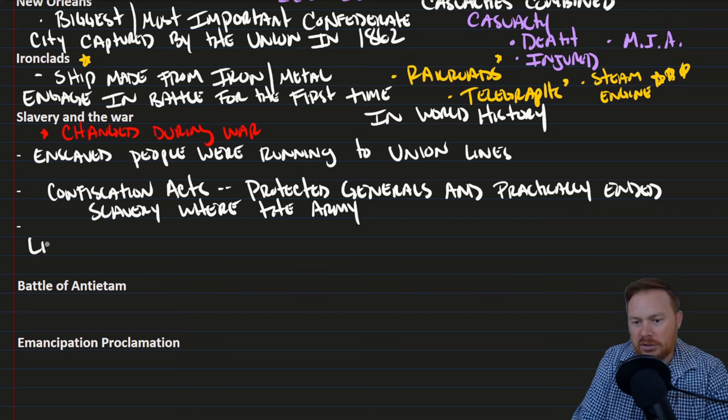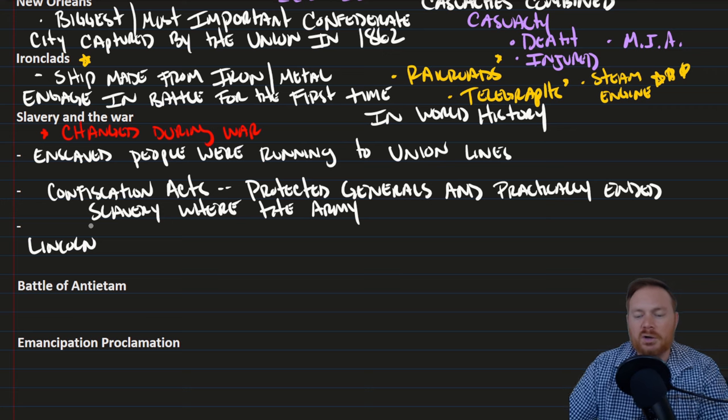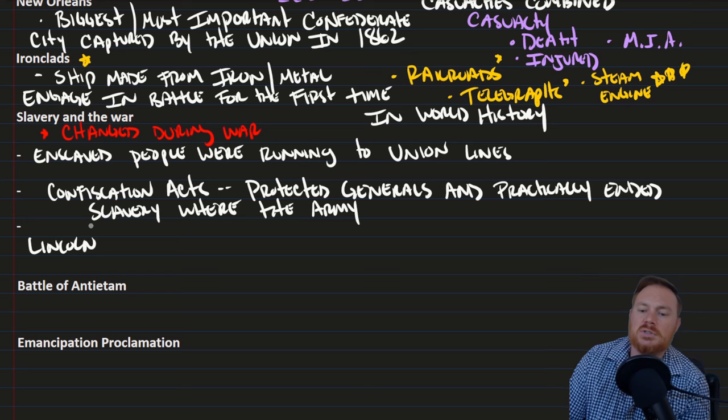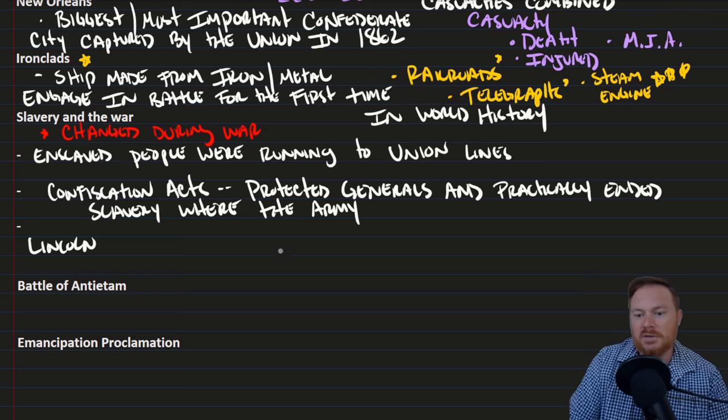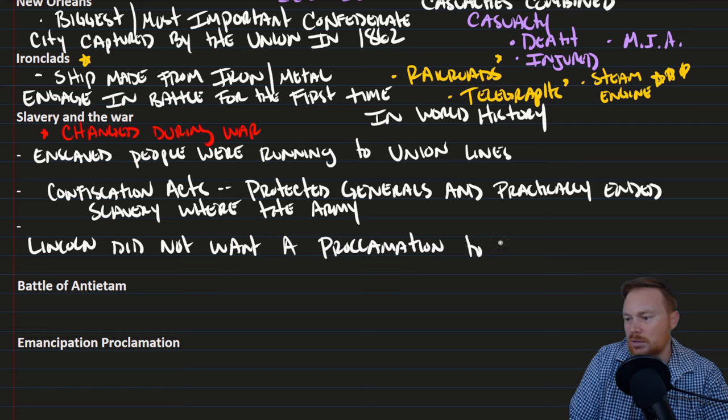And the third thing was Lincoln himself. And again, I don't know how much we want to play mind reader on Lincoln to say, well, when did Lincoln actually decide in his head that he was going to end slavery? Was it before the war? Was it during the war? Regardless of that, Lincoln was faced with the reality that, by wanting to come out and issue the Emancipation Proclamation, Lincoln did not want a proclamation to end slavery